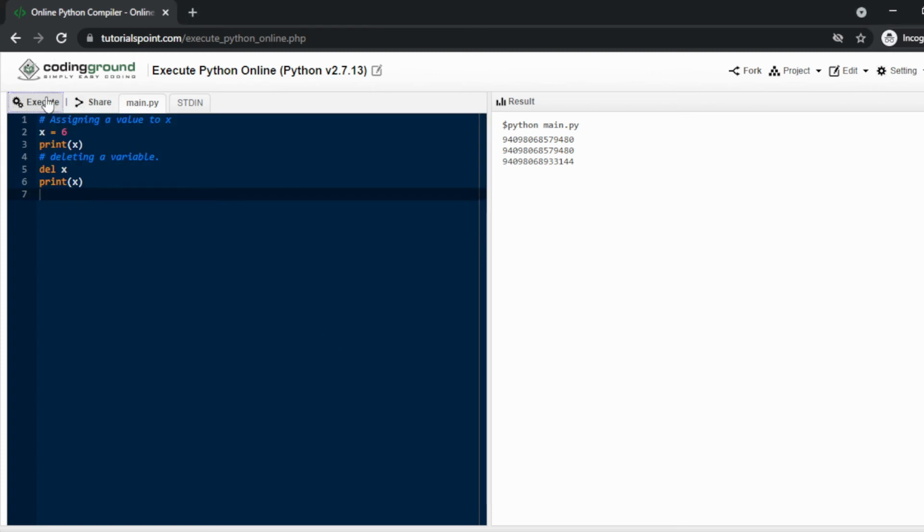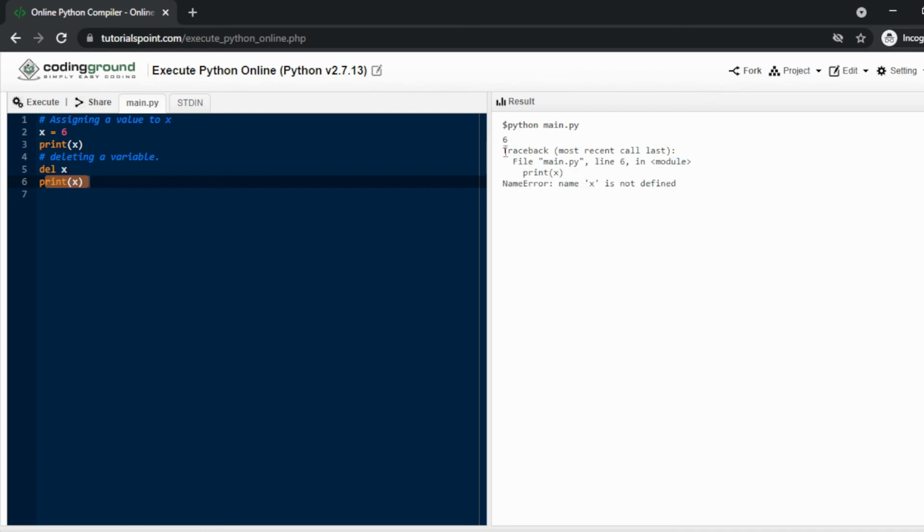If we execute it, it will print line by line. At first, x equals 6, so the value of x is 6. Then print x prints 6. After that, del x means the variable x no longer exists. Now if we write print x again, what happens? There will be an error.